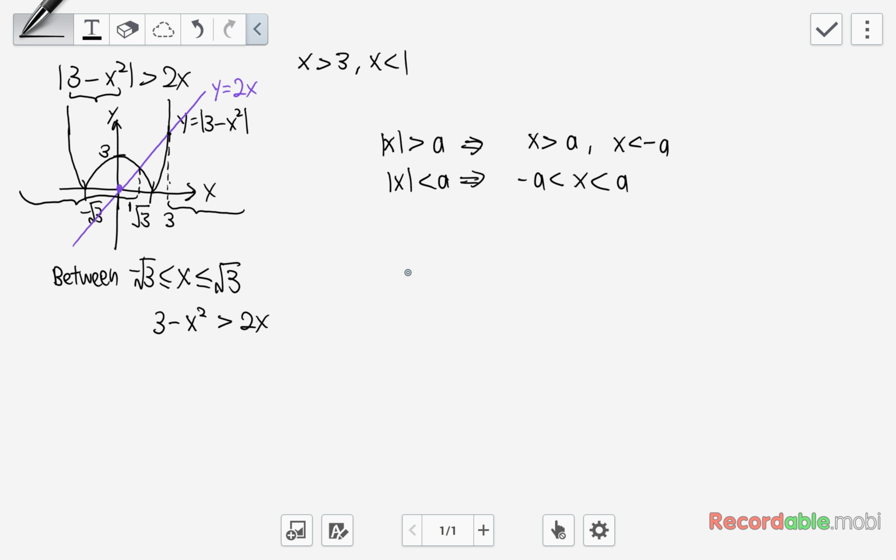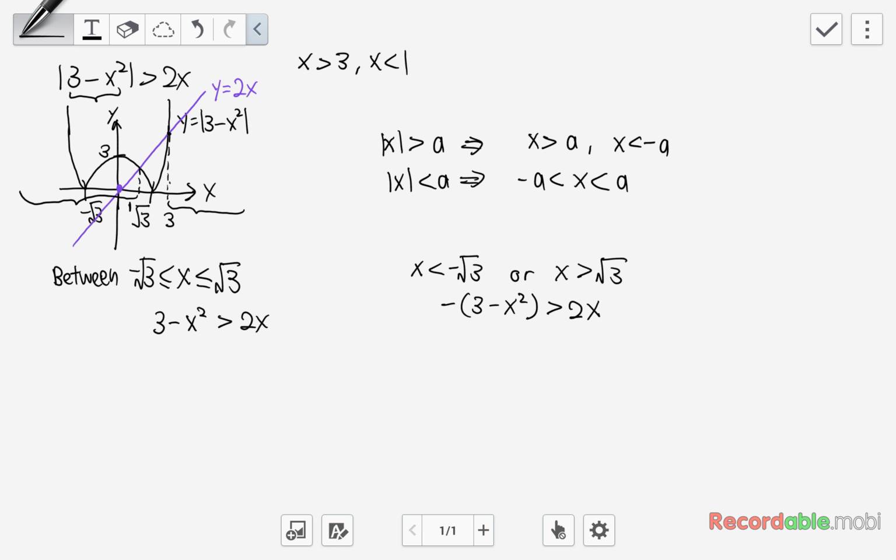And the other side, when x is smaller than minus root 3 or x greater than root 3, it means greater than this point, from here onwards. We want the graph which is minus 3 minus x squared, because that's the reflected part of this graph here. So we want this to be greater than 2x. Still, we want it to be greater than the 2x graph. We want to find